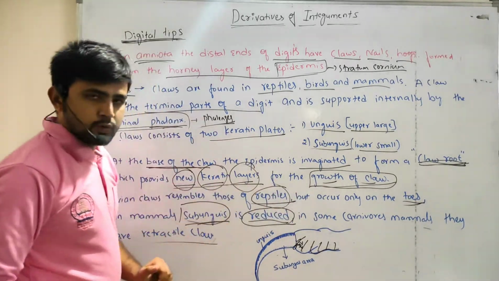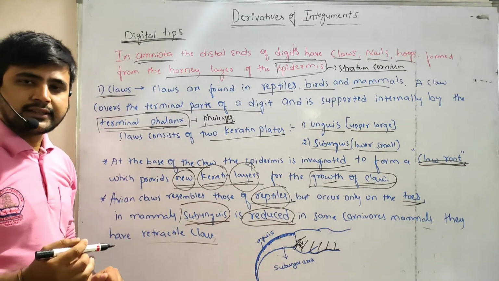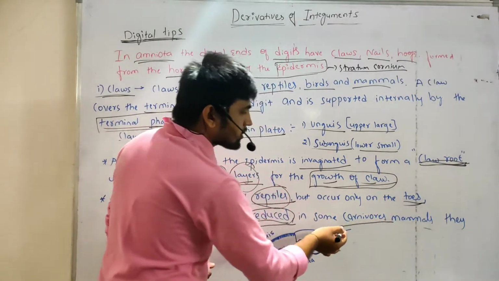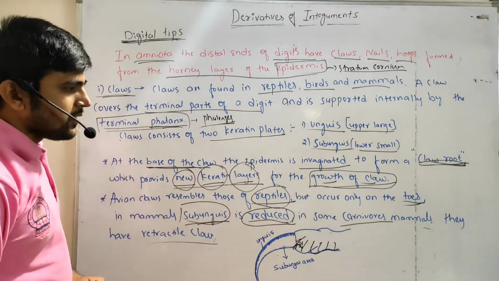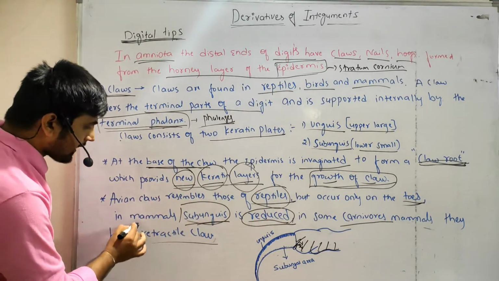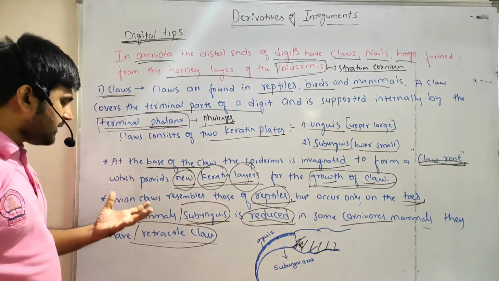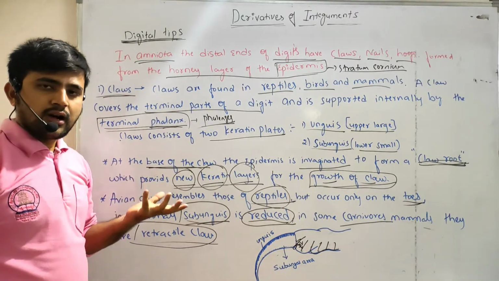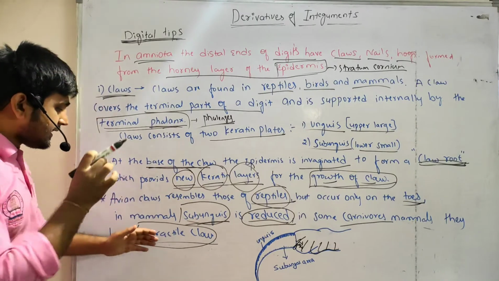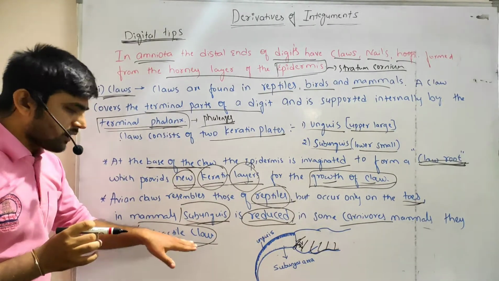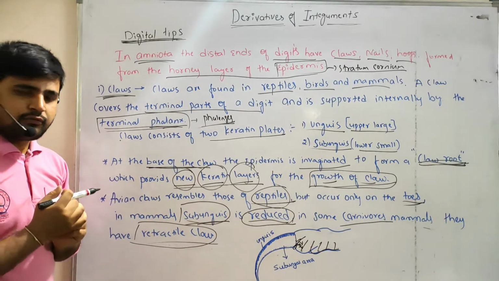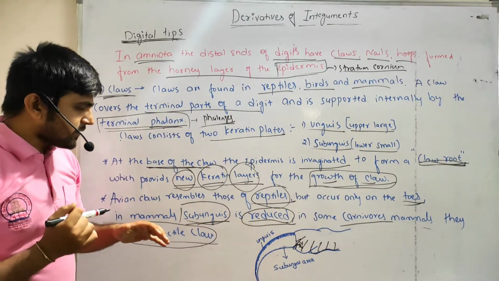So in carnivores, for example the cat, and so on, which is a mammal family, they have a retractor claw. What do you mean by retractor claw? How is it differentiated from a normal claw, right? Simply, in the case of a retractor claw, they have some modification. They show some extra feature. Which kind of feature?